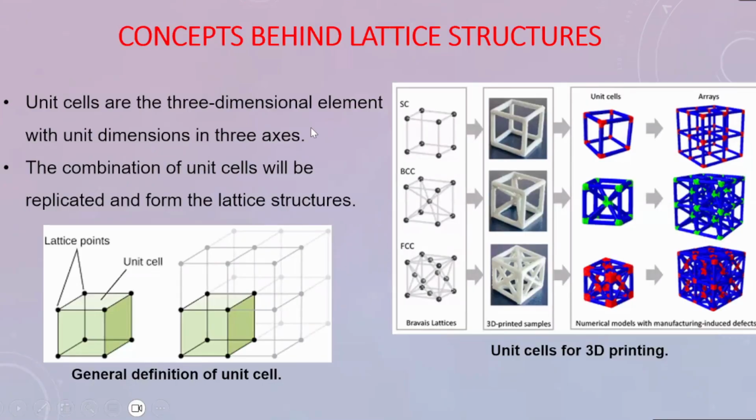So already I told you in the first slide, this is a unit cell. It has lattice points, and the general definition of a unit cell is that it is repeated along the three-dimensional x, y, and z axes. You can see the simple cubic, which has atoms at the corners of the unit cell, and body centered, which has a unit